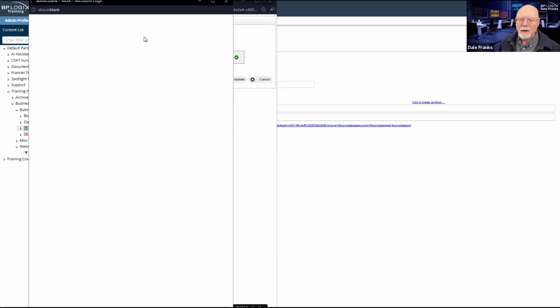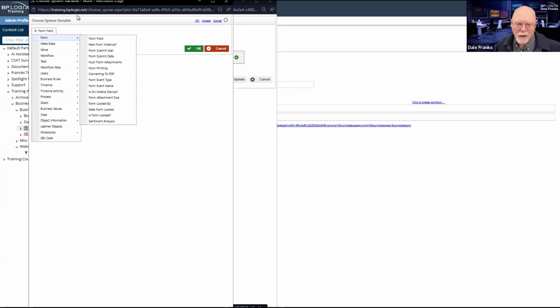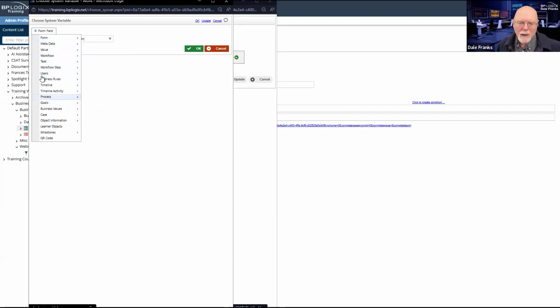When I click on this button here, it will open up the Choose System Variable dialog box. This is a menu-driven dialog box that enables you to select all of the different variables that are available to you in the context of what you're doing. So the contents that you see here will change depending on what you're doing. In certain objects, there are some variables that simply don't apply to that object, and so you would never see some of these menu items. In a situation like this on a form where I'm just setting a generic condition, I get the full list of items that I can access on the system.